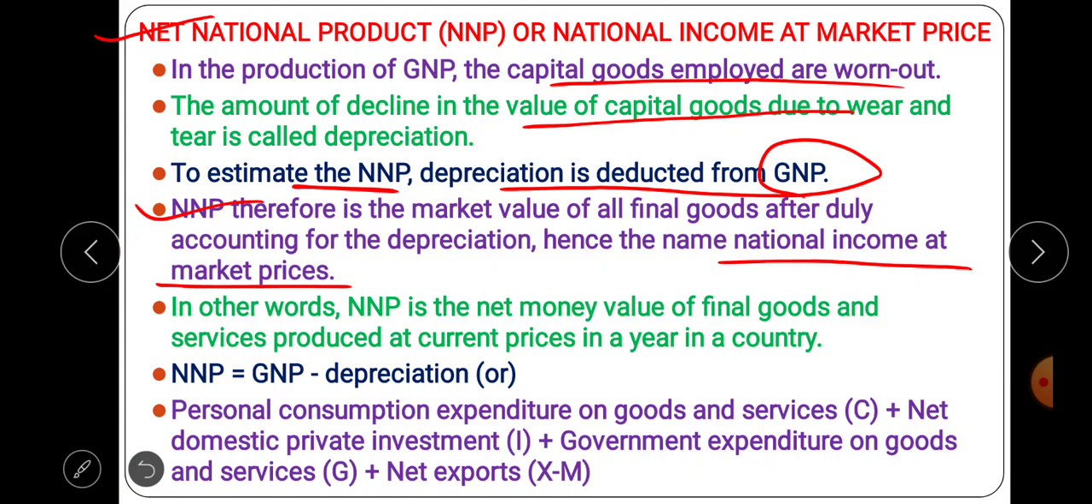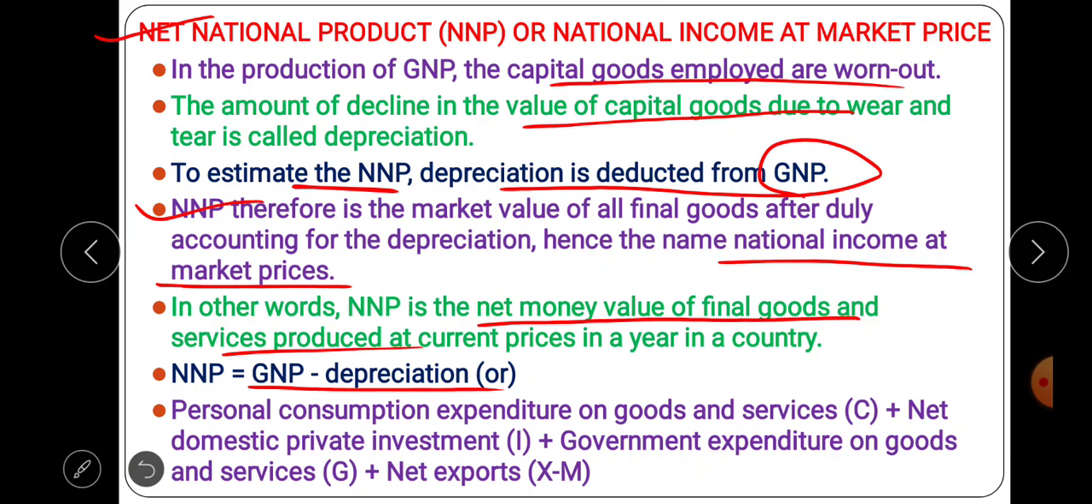On the other hand, the NNP, that is the net national product, is the net money value of final goods and services produced at the current prices in the year in a country. So, to find out the NNP, there are two formulas. In that, the first one is NNP is equal to GNP minus depreciation,